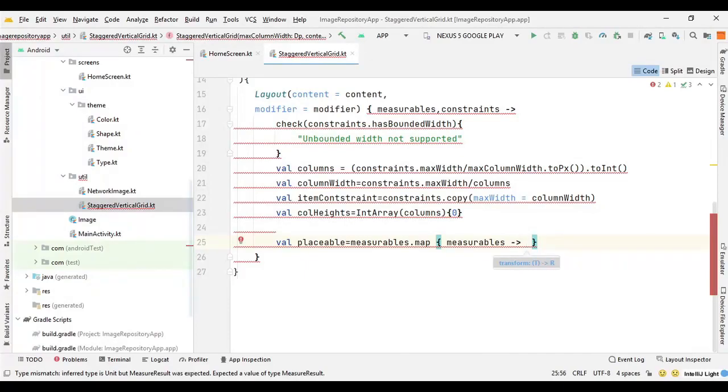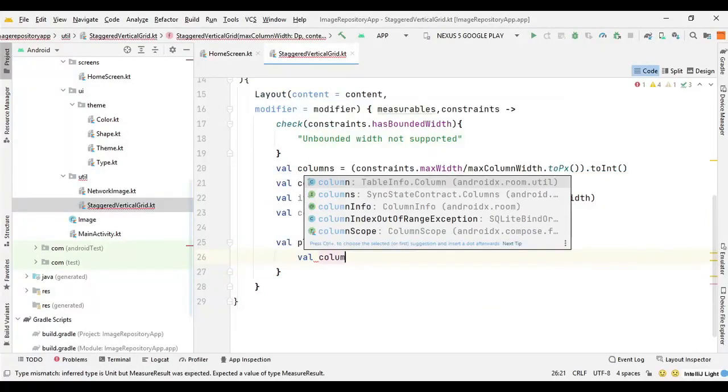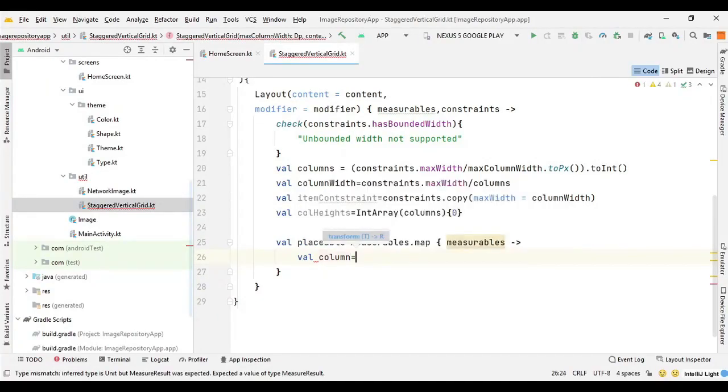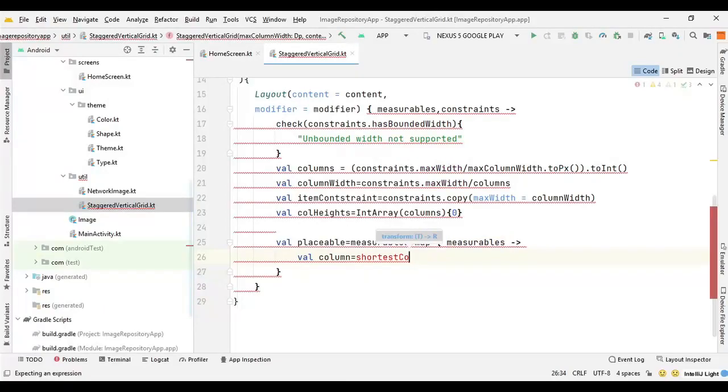So we can say val column equal shortest column, and we need to provide the column heights.